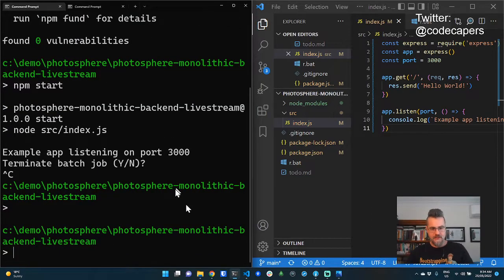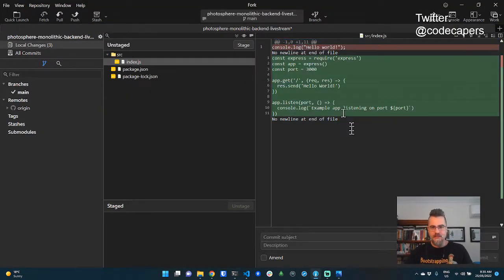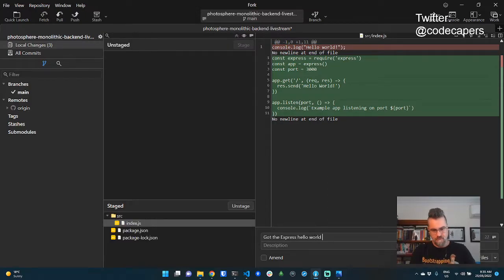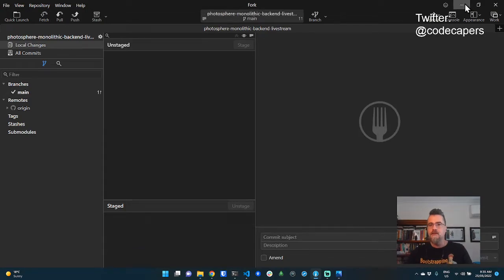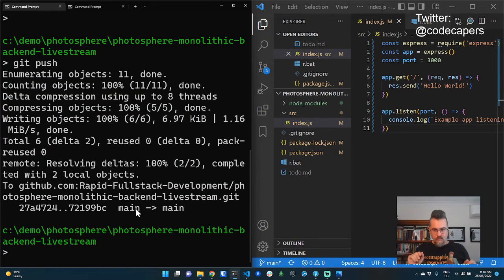So let's just get this committed. Got a basic thing up and running, a basic REST API, not really a REST API, a basic web server. I don't know if you'd really consider it a REST API yet. It will be one soon. I promise you next session we will get some of these APIs in there. So I'm just going to commit this, got the Express hello world working. So this is going to be live on GitHub right now. You'll be able to get it for yourself.